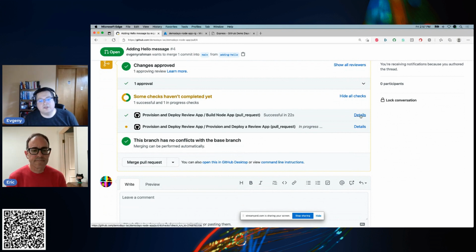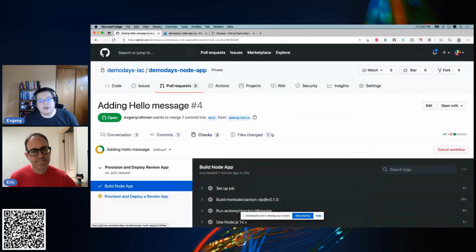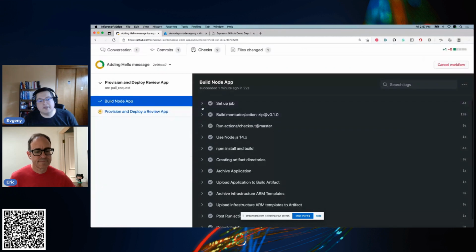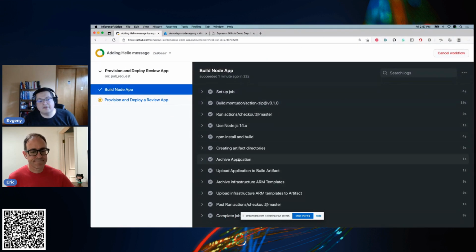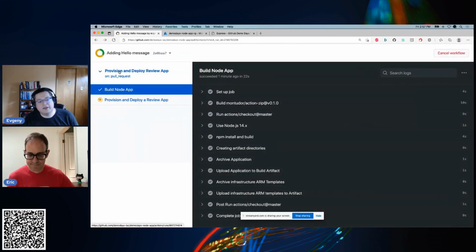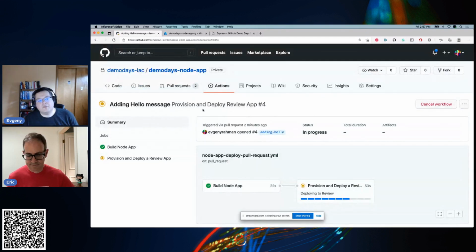And you see that we can look at details through here. So we can click on that and we go over to the checks view within pull requests, because the actions are actually configured as checks. And this gives us a line by line view of what is happening inside of the action. I clicked on this here, and that brings me into the actions for that workflow running.